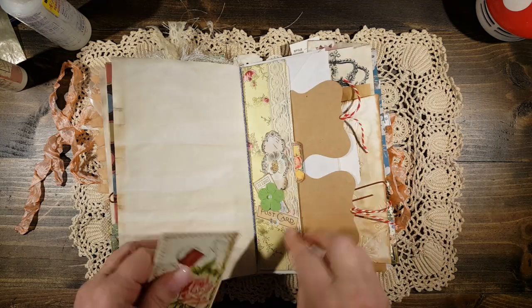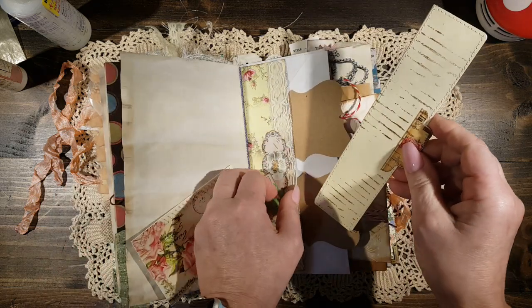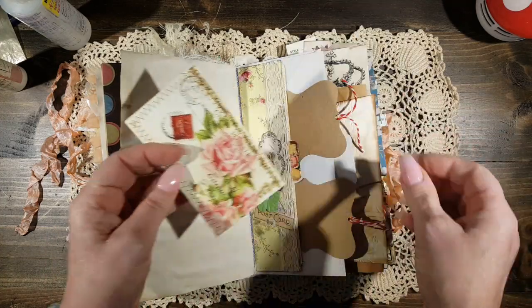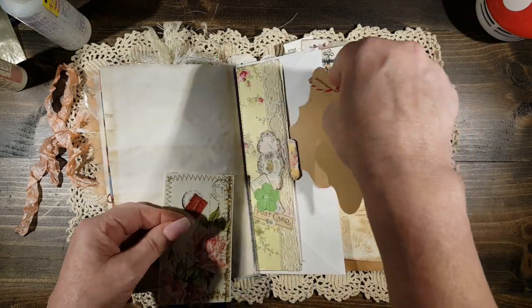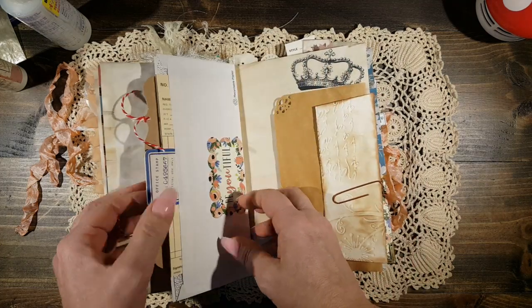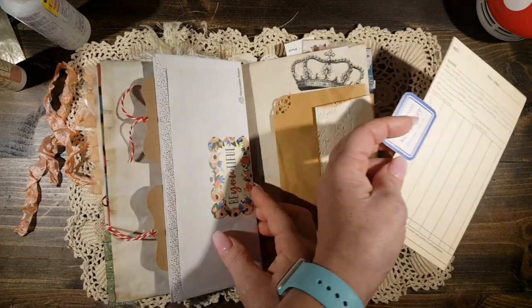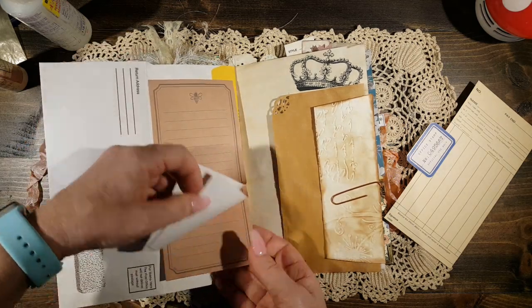Here we have a little tuck spot right here with a little journaling card. And this is made out of part of an envelope. And here is a little, I don't know where I got this, but then there's 2 of these little tags here. And I just tuck those in there. That there, and then flip it over, and we have inside this envelope one of these time card things, and I just stapled this onto it, and a sticker there, and this opens, and there is a little booklet inside here,